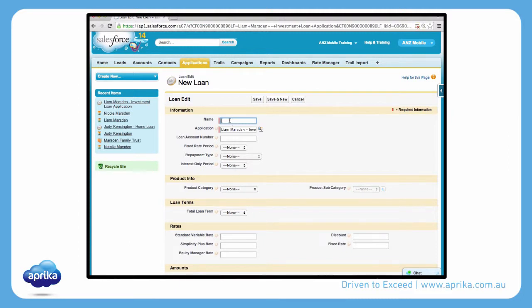So this loan is to do with an investment loan application. So let's enter in the client's name and then investment loan. We can see that the application is already linked as we have created this loan record directly from the linked application. Here we can enter in the loan account number